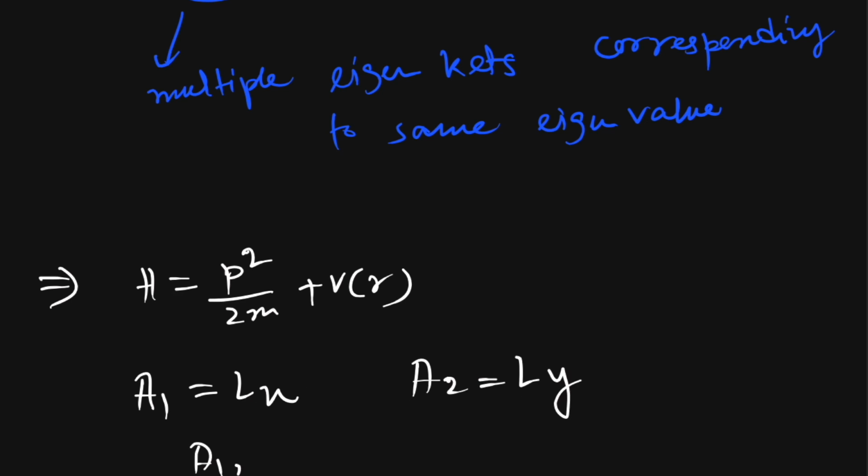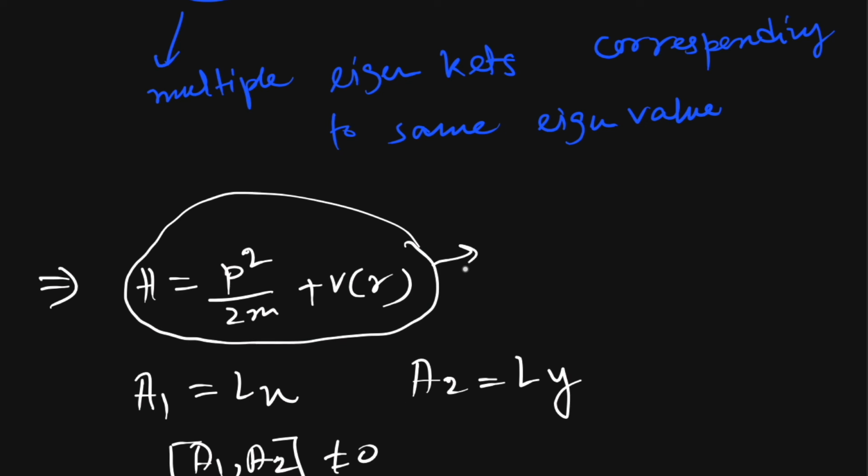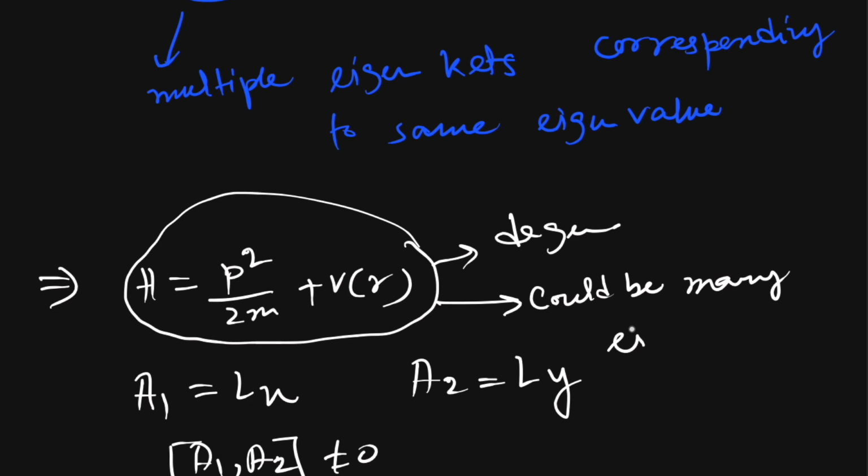Since we know that [A1, A2], that is [Lx, Ly], is not equal to 0, this Hamiltonian is degenerate. That means there could be many eigenkets corresponding to the same energy,